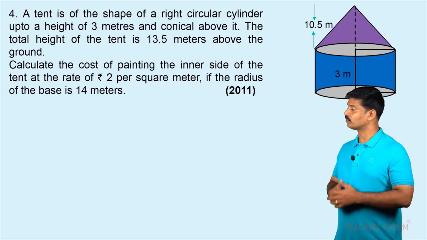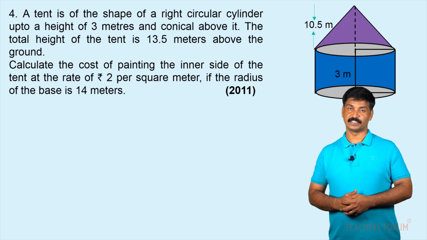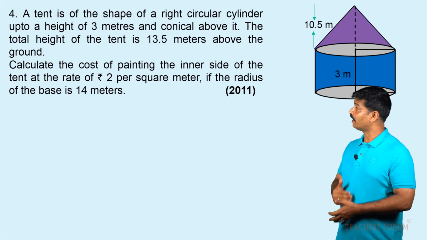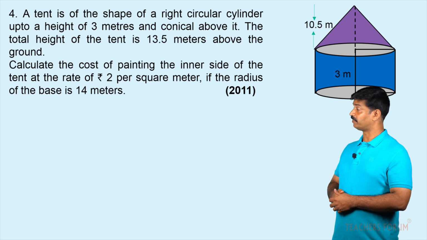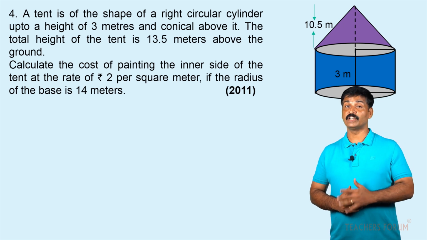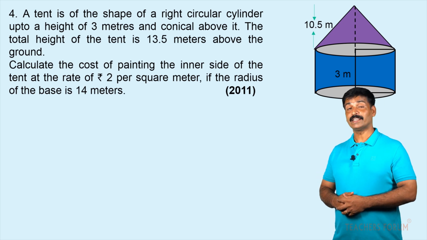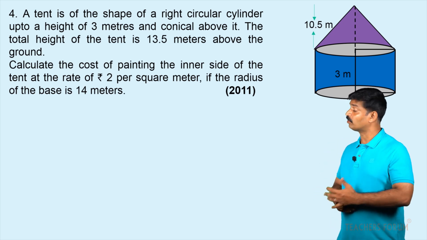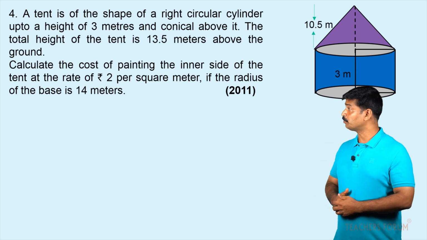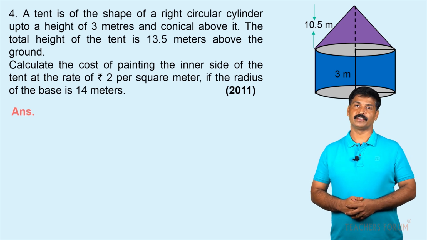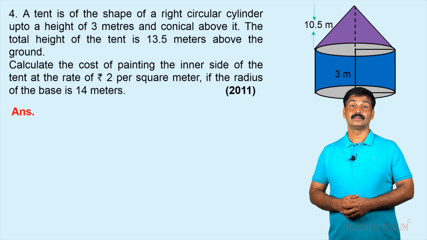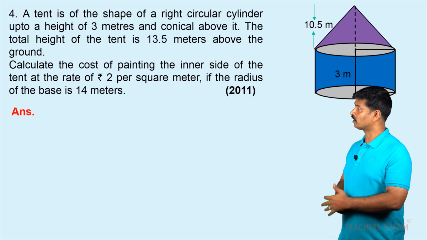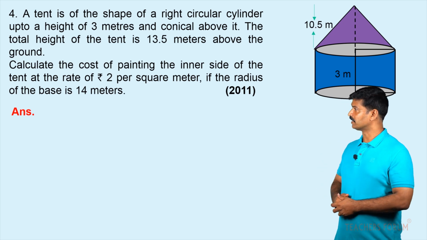You see, you are given the radius of the base of the cylinder, that is given as 14 meter. Now what is the total height? Total height is 13.5, but what is the height of cylinder? That is 3. Then can you tell me what will be the height of the conical part? That is 13.5 minus 3, that is 10.5. Now let us find out the slant height of cone. L is equal to square root of h square plus r square. Then you will be getting the value of L as